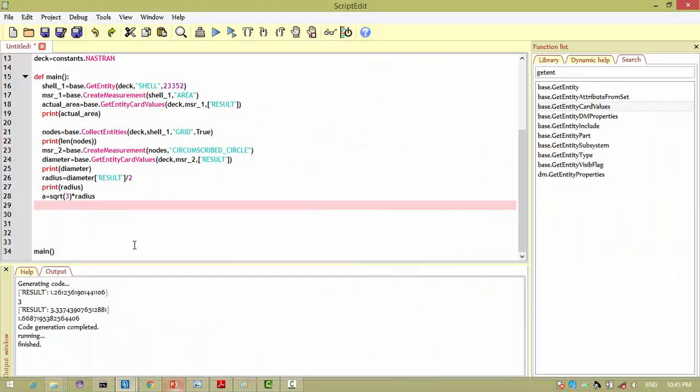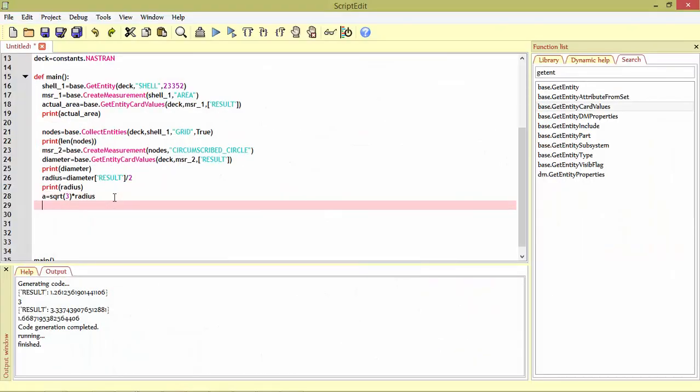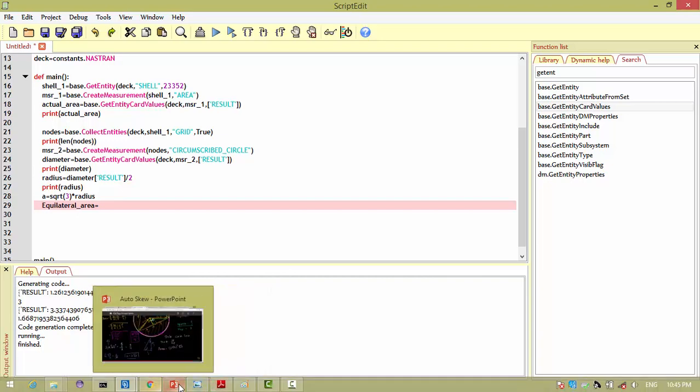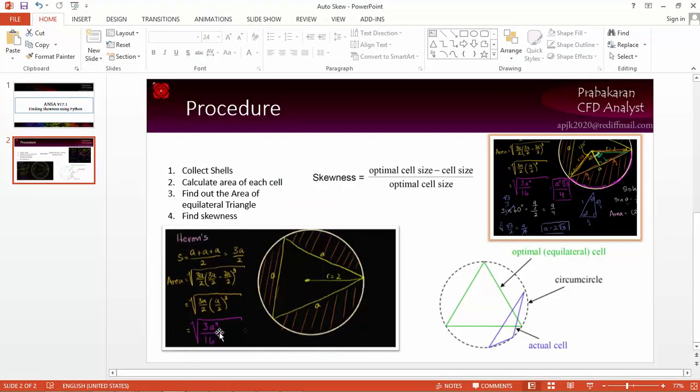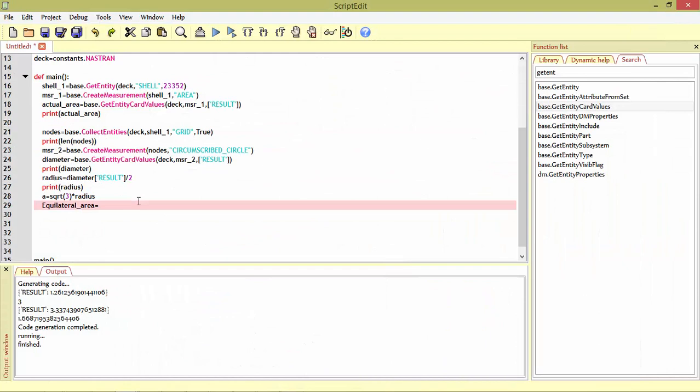So this is what we have here also. After that, the area of the equilateral triangle is, here we have the equation: root of 3 a squared by 4. So that way I am going to utilize it here, so that I am typing